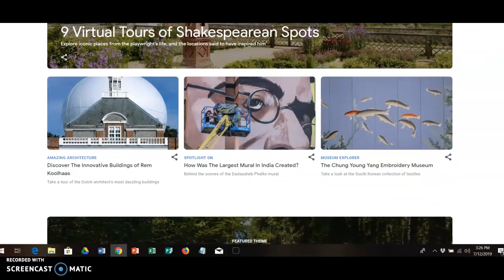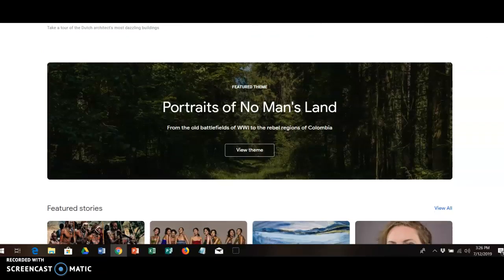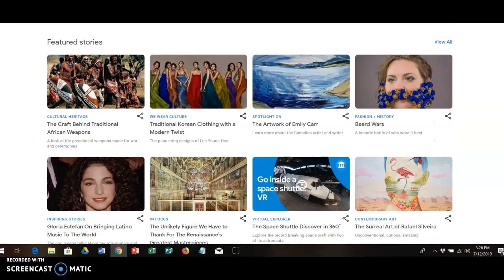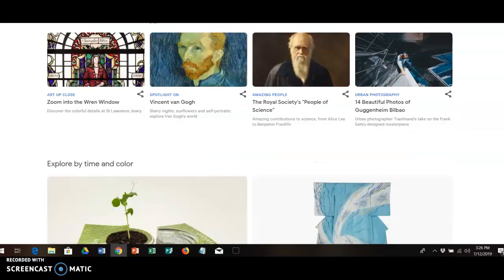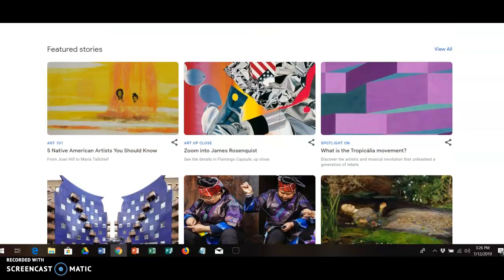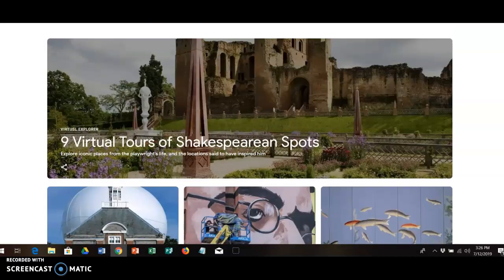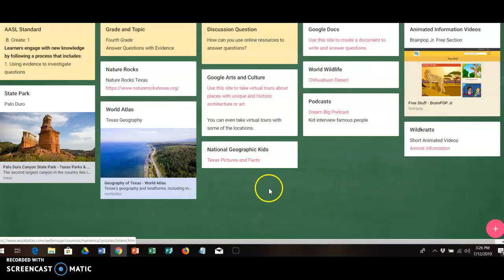There are other places as well that you can look at. You have some stories. You have other places you can go to. So if you wanted to search about people, you could also do that as well. So this is a really different type of resource. And then one of the last ones, before I show you Google Docs, podcasts are really great for